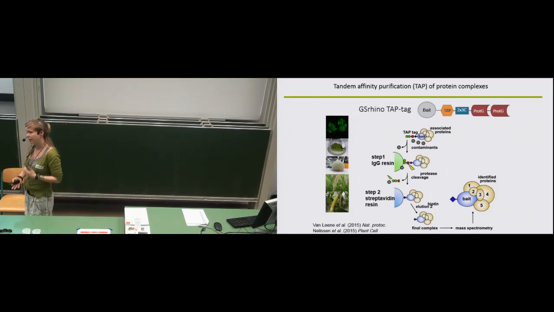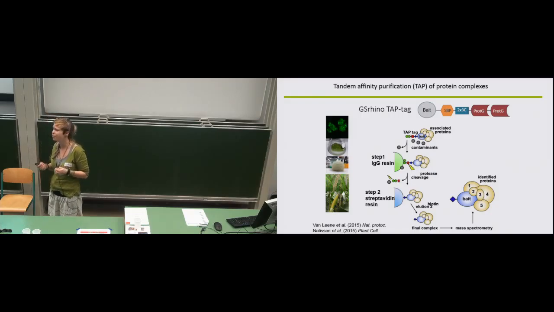So we have developed a platform that allows you to purify protein complexes through a setup that's called tandem affinity purification. It also allows you to start from different kinds of plant material, like for example, corn and rice. What you do is you tag your protein of interest with a double affinity tag that consists of 2 parts, and you purify your protein on the first part of your tag. You wash away all the contaminants, and then you release the complex again and perform a second purification so that you end up with a very nice and pure complex that you can then analyze through mass spectrometry